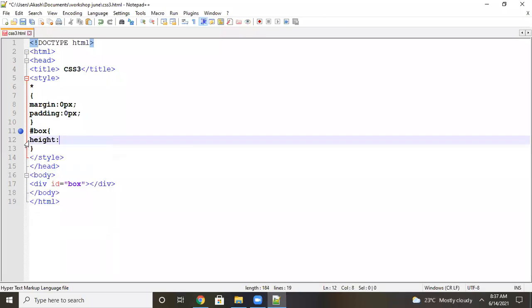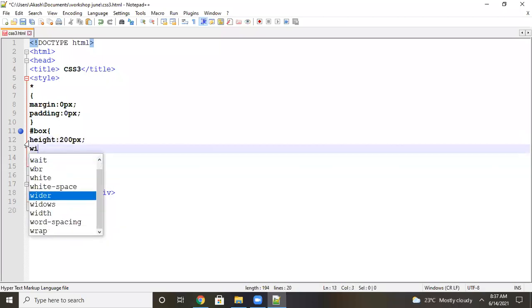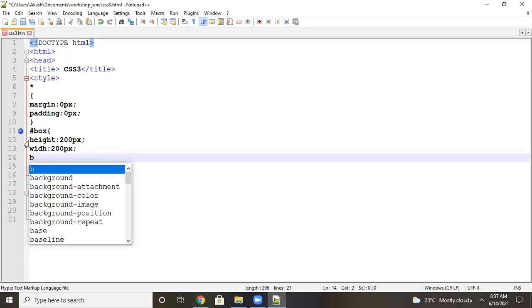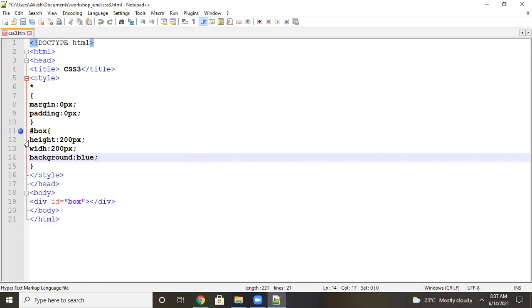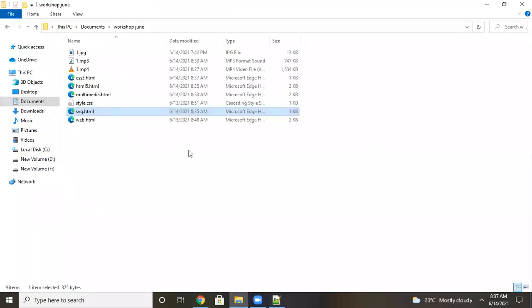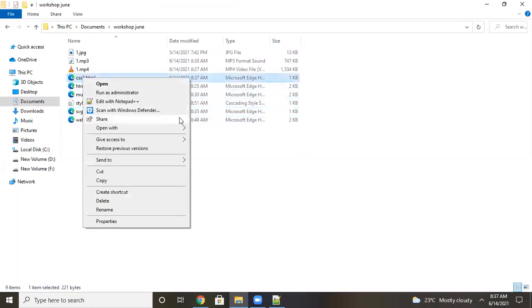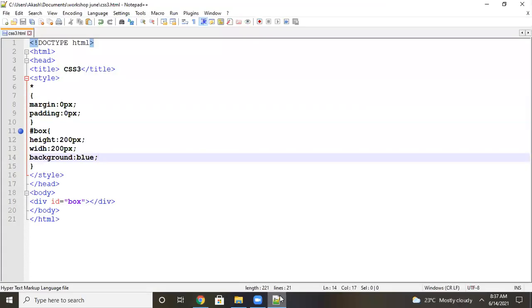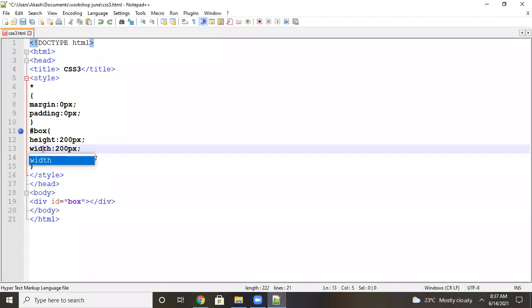I will take height 200 px, width 200 px, and add background blue. Let's execute the file. Now you can see it came in a big size. I don't want this, it's very big. I want to reduce the height and width. Here the width spelling was wrong, that is the reason it took 100%. Now see, 200 by 200 came.